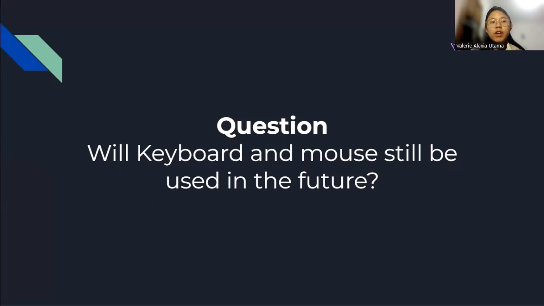The answer is yes. Why? Keyboard and mouse will still be used, but mostly in offices or companies that require computers to work. As the technology of our world keeps evolving, in the future we will see examples of virtual keyboards and mice, like in the movies, where everyone uses a holographic keyboard and touchscreen computer.